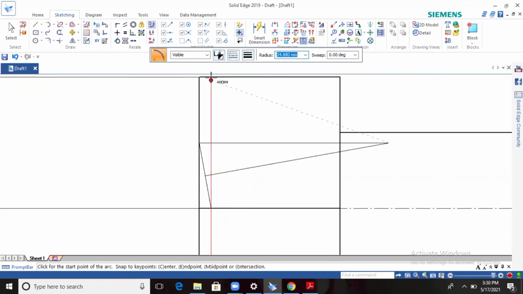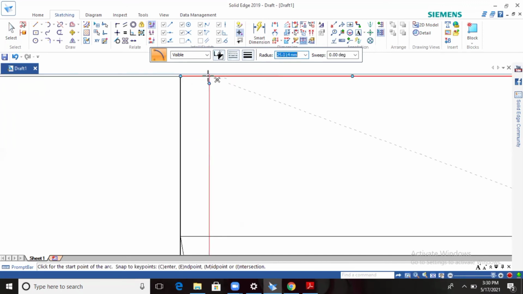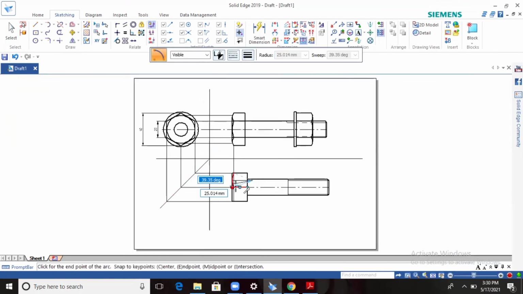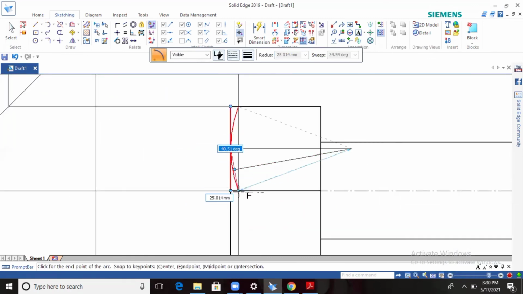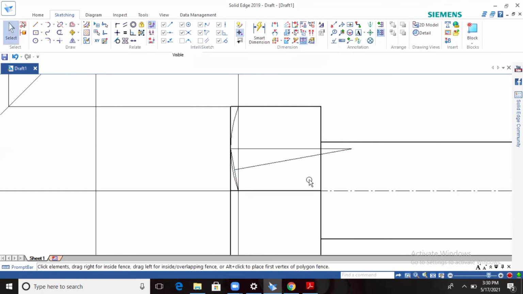So from the second line or from this end point, draw the arc like this. Wherever you want you can take it, fit page and draw the arc up to this point. Okay, then select this one, go for the mirror option, select this one.